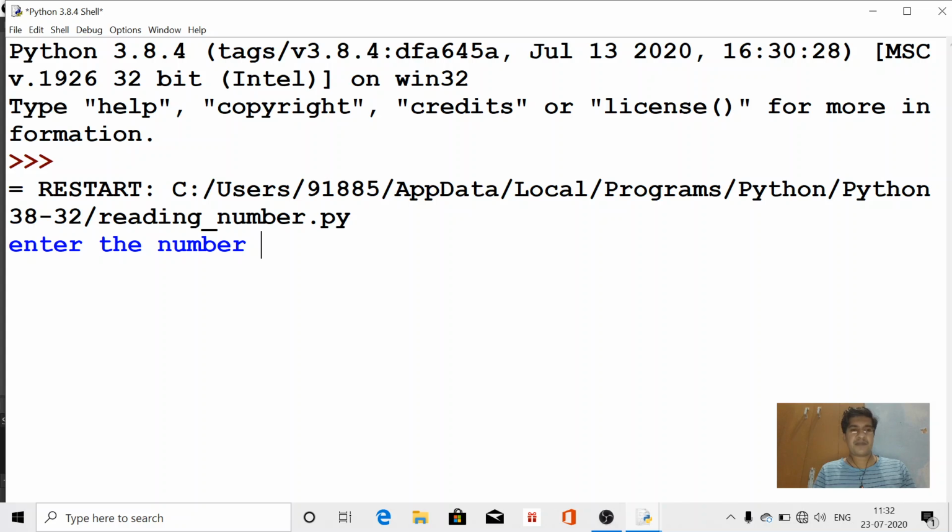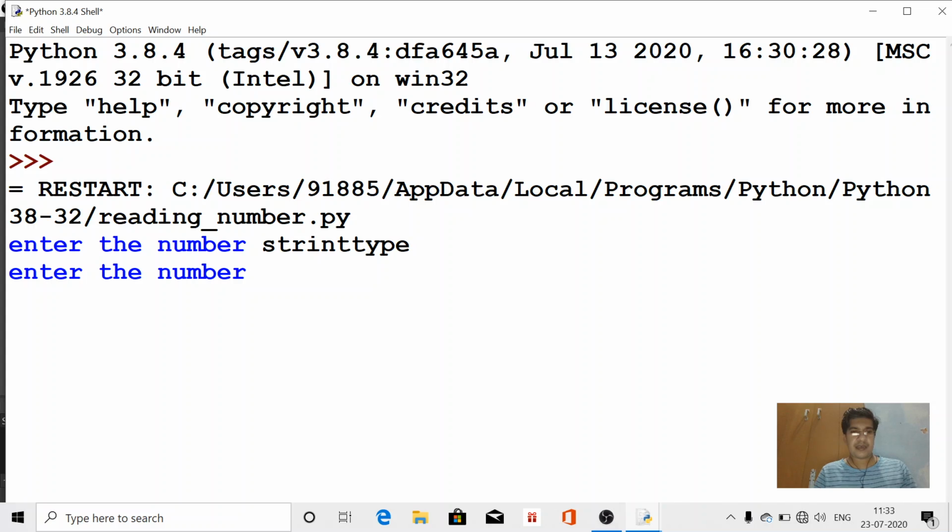Here in place of the first, we can take the value of string type. Now there is no error.